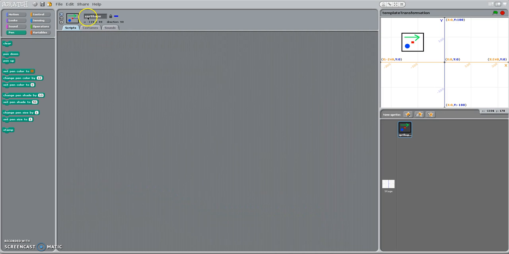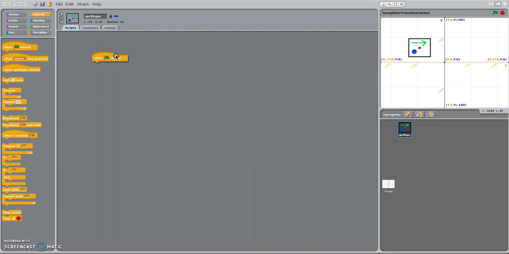So here's our template open again, starting with SPR shape with our original coordinate system set up here in our stage. When we're talking about rotations, we can do this through the editor, just like in video 2, but I'm going to do that in script just to show a few different things. So we start with our shape, and we're going to write a script for this that says when the green flag is